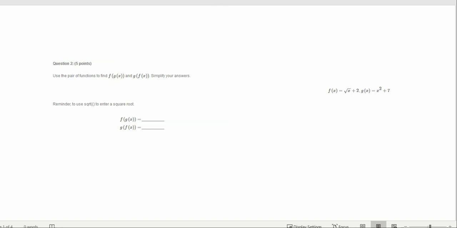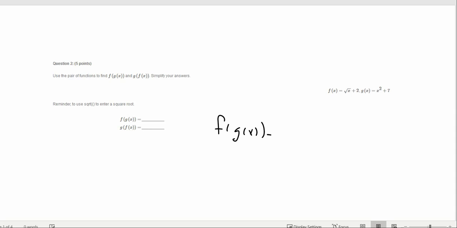These come from problem set 4, so this is question 2, and we have this pair of functions over here, f of x equals square root of x plus 2, and g of x equals x squared plus 7. And we'd like to find the composite functions f of g and g of f. Okay, so f of g,